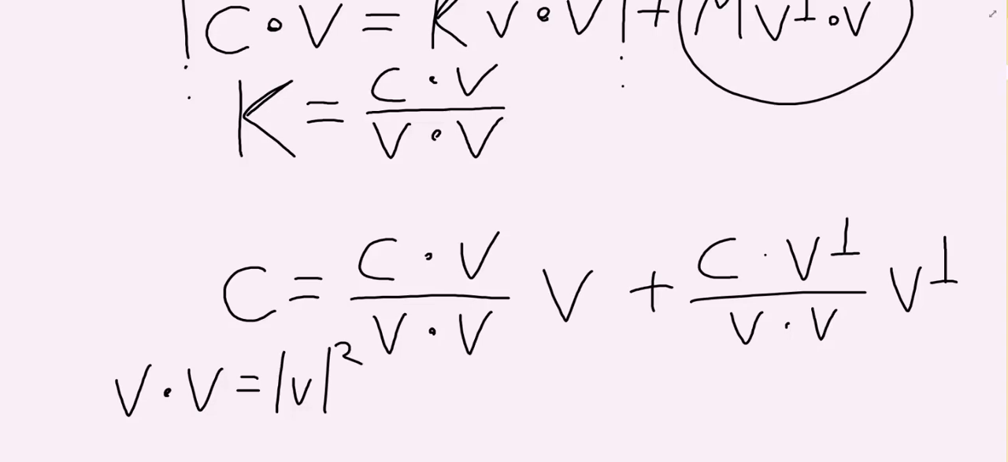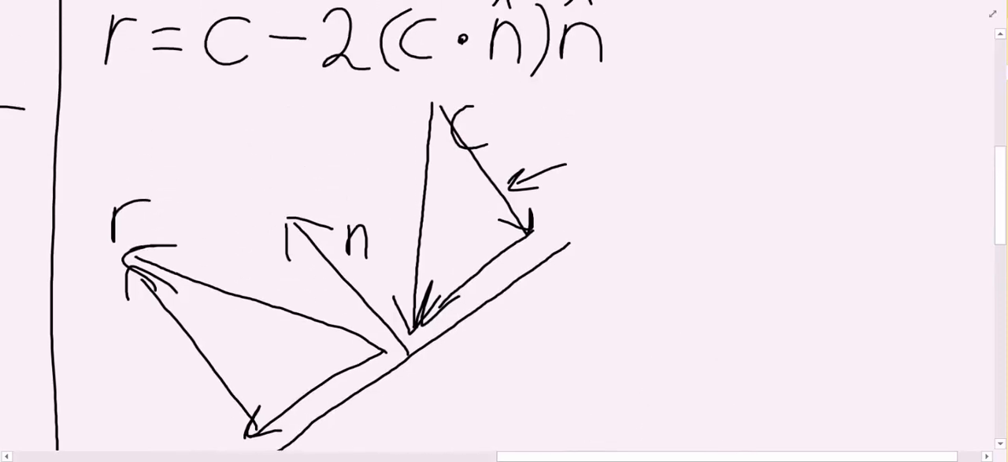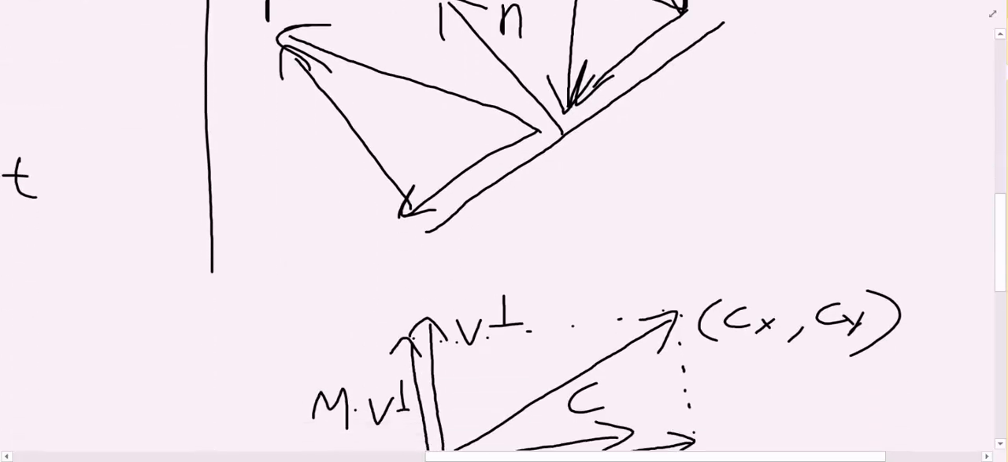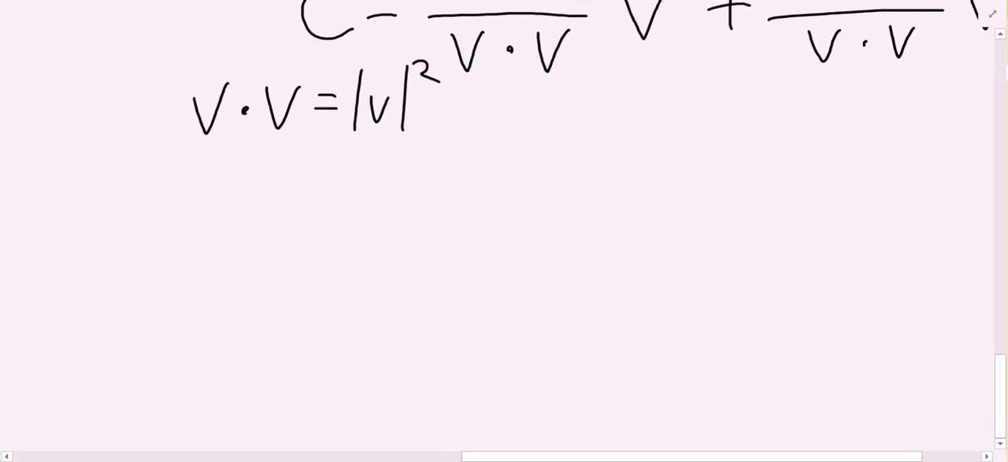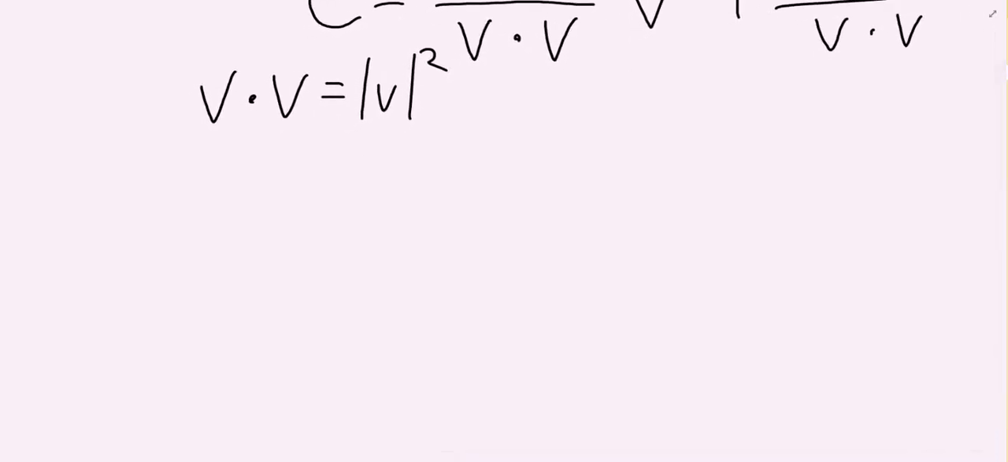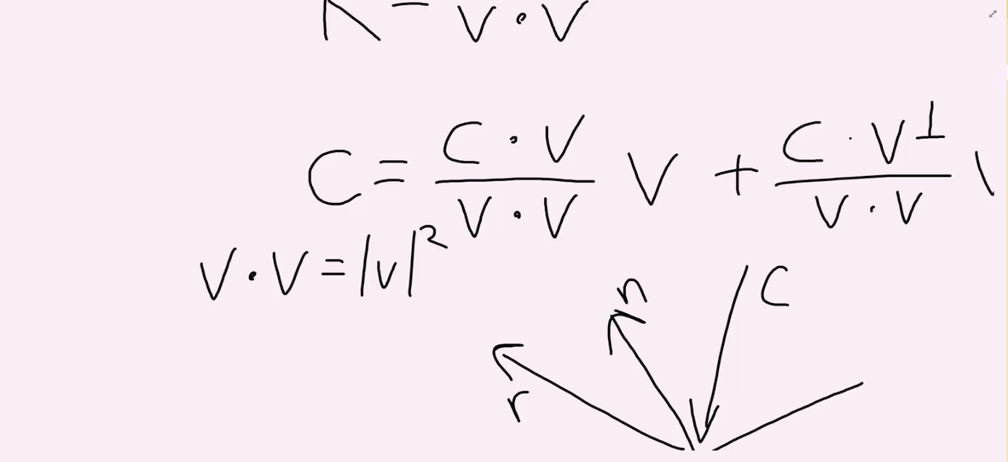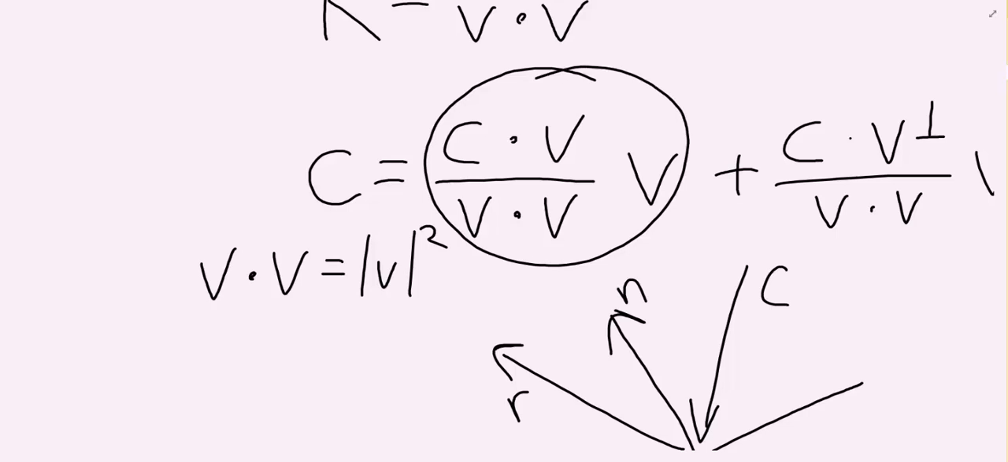And that's actually what we do in the end in the reflection formula here, is that we're actually dividing by, you can see we have two normalized n's. That's the same thing as dividing by the length of n squared. So when we set up the reflection example again, you can see that we have the inbound vector c, the outbound vector r, we have a normal vector n, and we're simply taking this part here, and we're subtracting it twice from c,